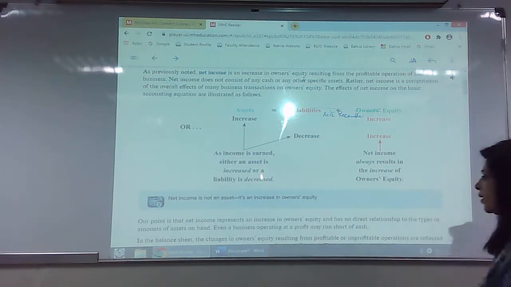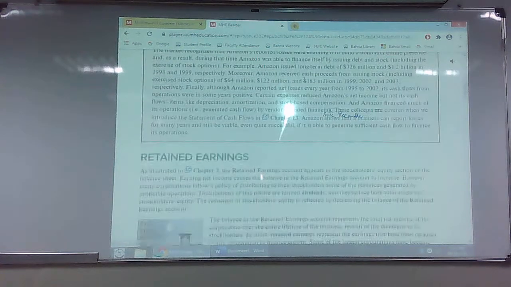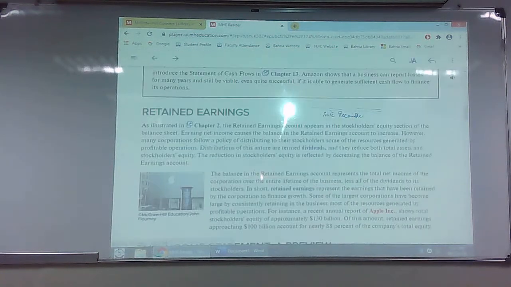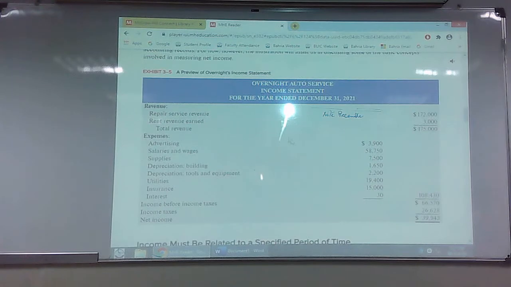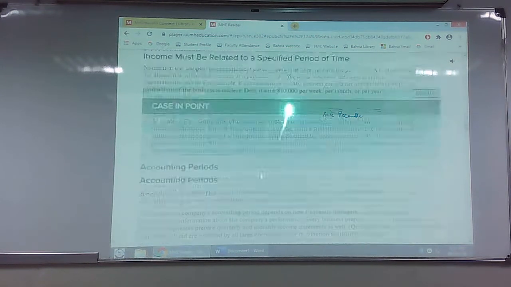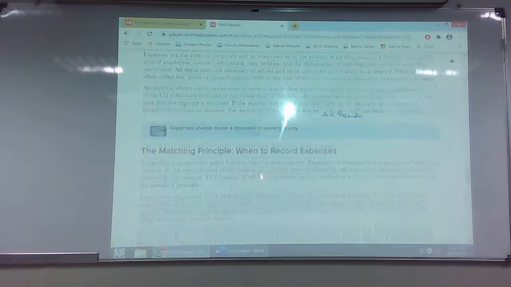At the moment, I want you to read the text. It's very crucial before the next lecture. And these are the examples. I want you to look at the retained earnings concept. What is dividend? Dividend is something that you pay the stockholders as prize money, because they gave you funds and they would like you to share a bit of their profit as a goodwill. Some companies give dividends, or not all. Like some very good companies don't give dividends.